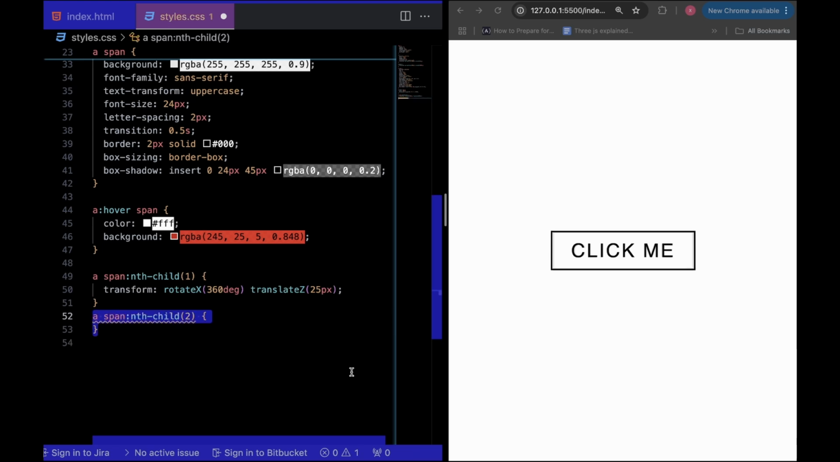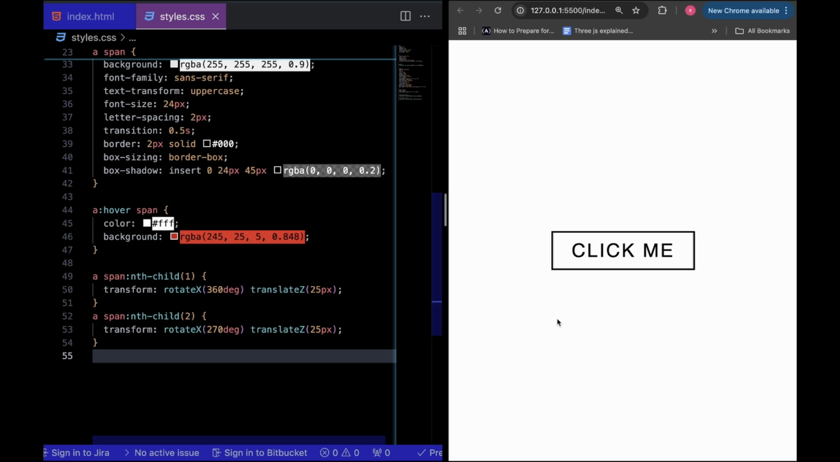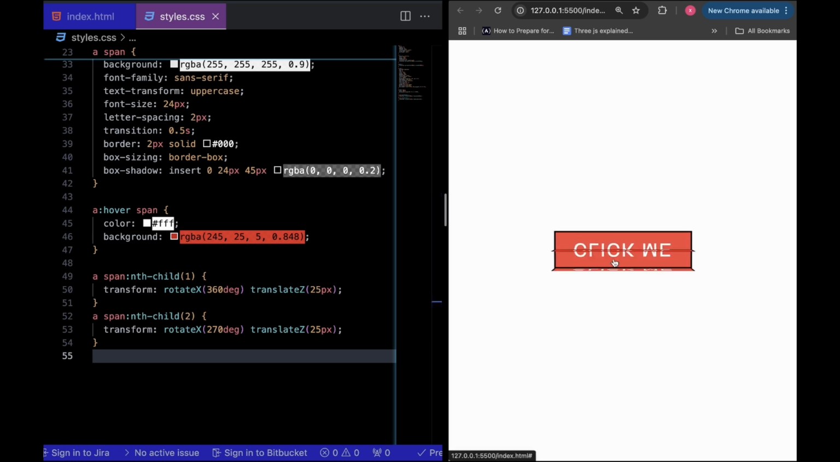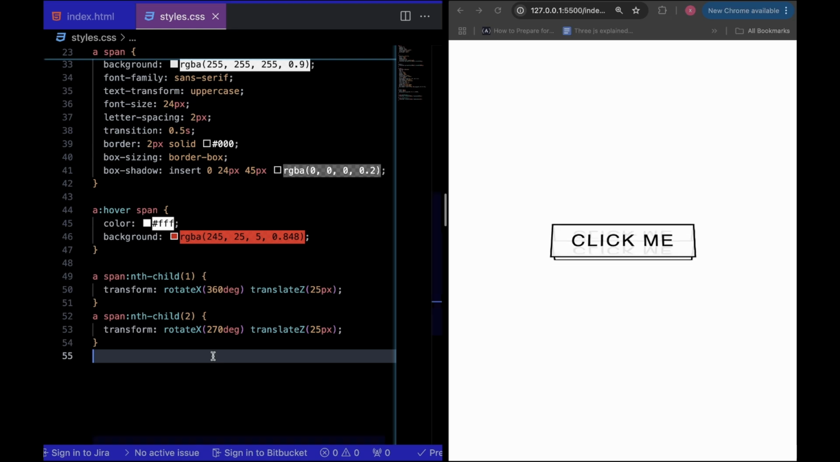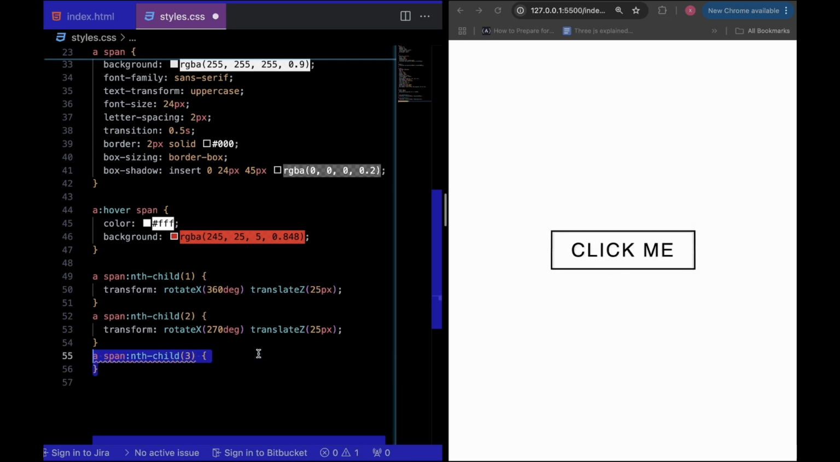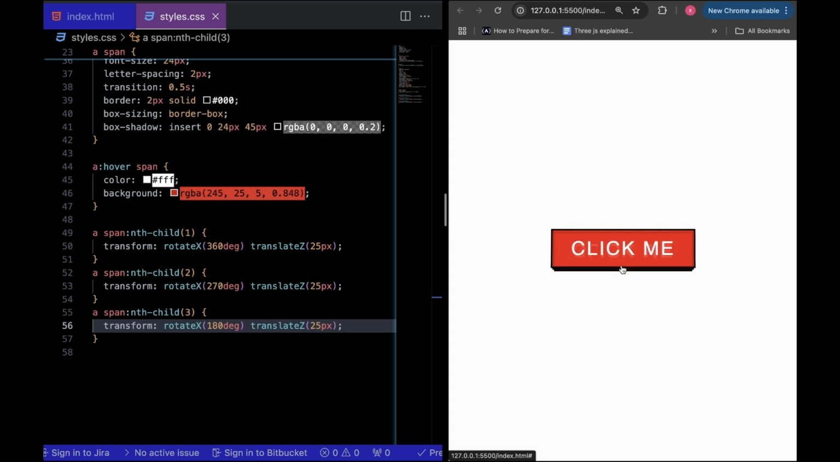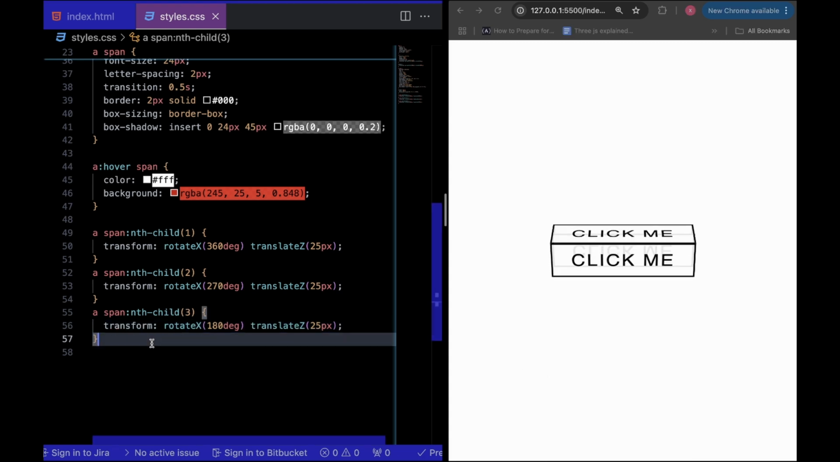Then to the second span, I will give it a rotate x of 270 degrees, which tilts the side upward so it becomes the top of the cube, and a translate z of 25px to move it outward, aligning it with the rest of the cube. Then to the third span, I will give it a rotate x of 180 degrees to flip the side around to face the back, and a translate z of 25px to push it outward again, making it part of the